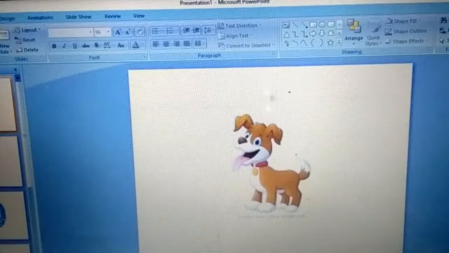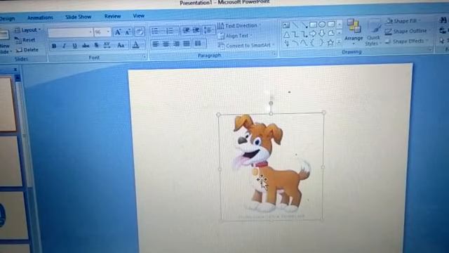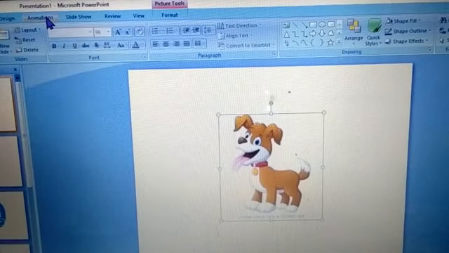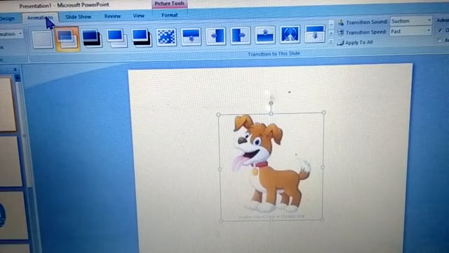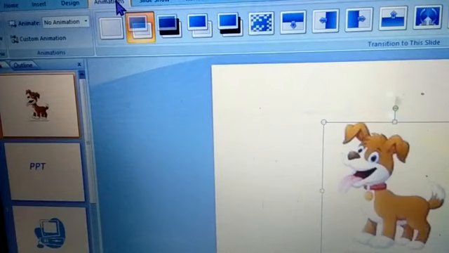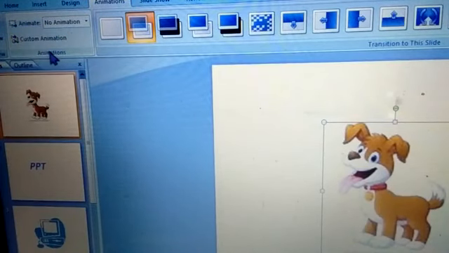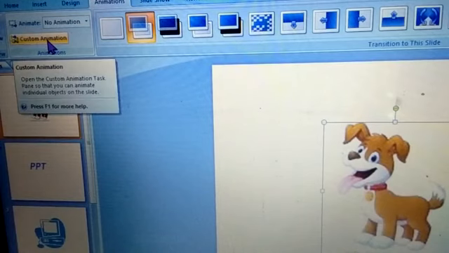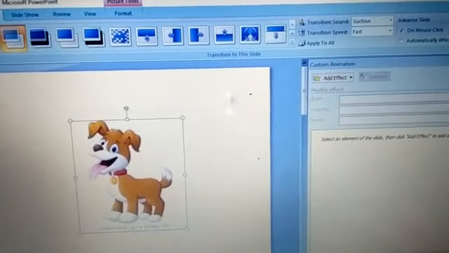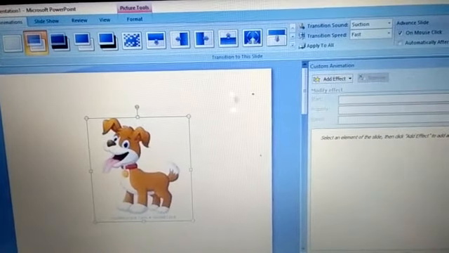So we will go to our PowerPoint presentation file, and this is our object. The first step is to click on the object. Then we will go to the animation tab on the ribbon. So this is the animation tab, fine. Now after that we will go to the animation group. As you can see here, children, this is the animation group and this is custom animation. When I click on custom animation, on the right side of my window a custom animation pane will appear. As you can see here, the custom animation pane is there, right? Then after that you need to click on add effect.